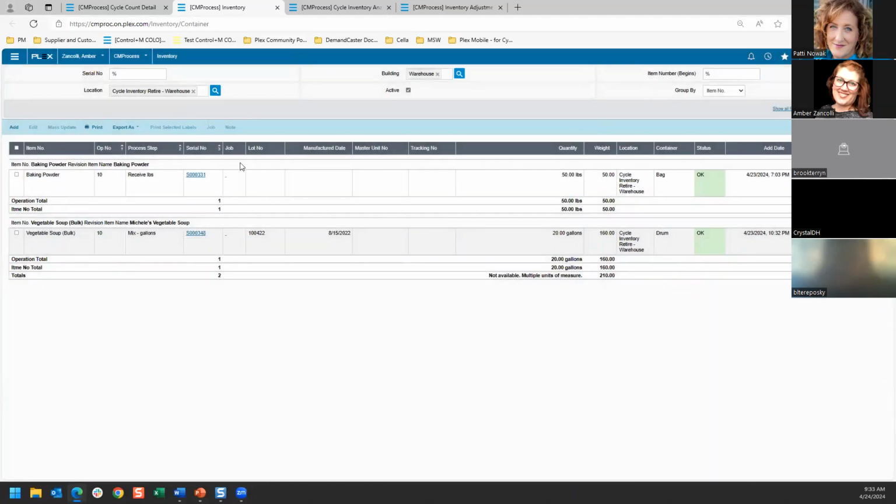This is that, remember, purgatory location that we set up so that any containers that are not found in a count will automatically get moved to that location. This would give me an opportunity at this point to determine if I wanted to send someone back out to go look for them and try to account for them, or if I were ready to